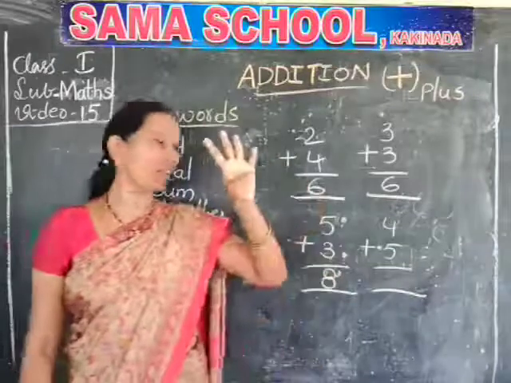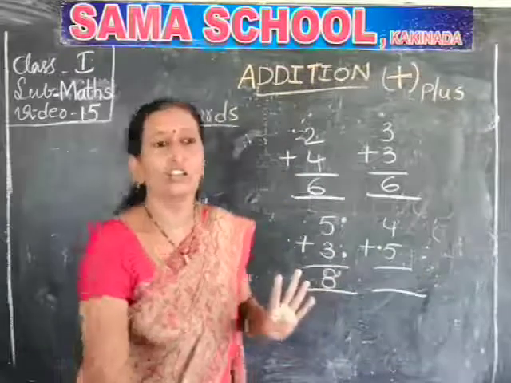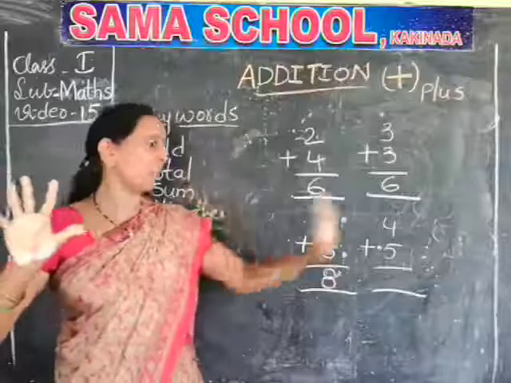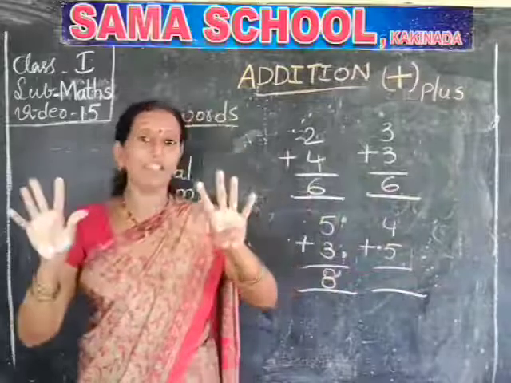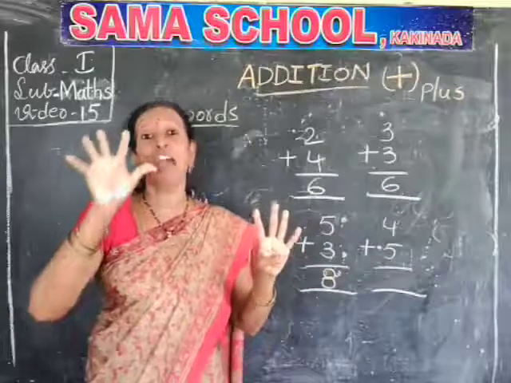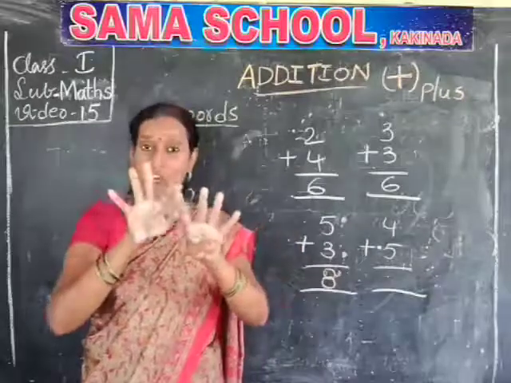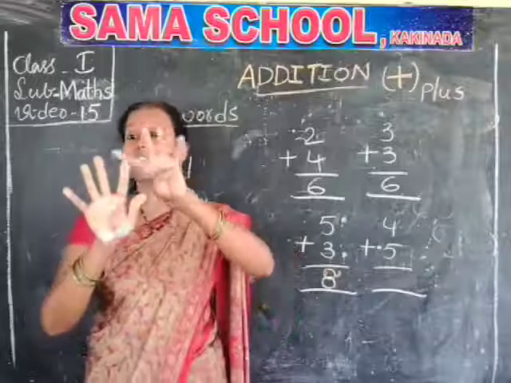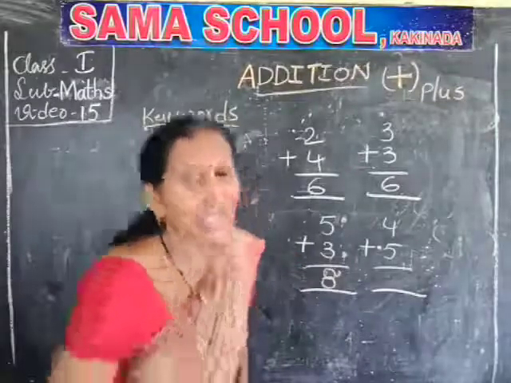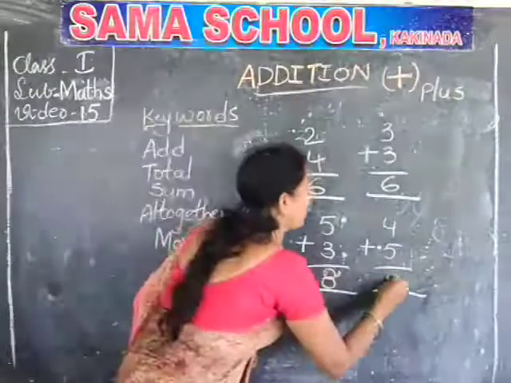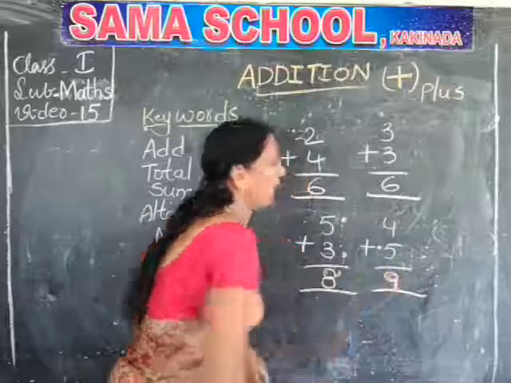See that here, what is the 4? So take 4 fingers in one hand and the next number is what? 5. So you take 5 fingers. Now tell me 4. 1, 2, 3, 4. And to the 4, how many are you adding? 5 more you are adding. So in this hand 5. So 1, 2, 3, 4 and 5, 6, 7, 8, 9. So 4 plus 5, what sum are you getting? 9. 4 plus 5, 9 means total.